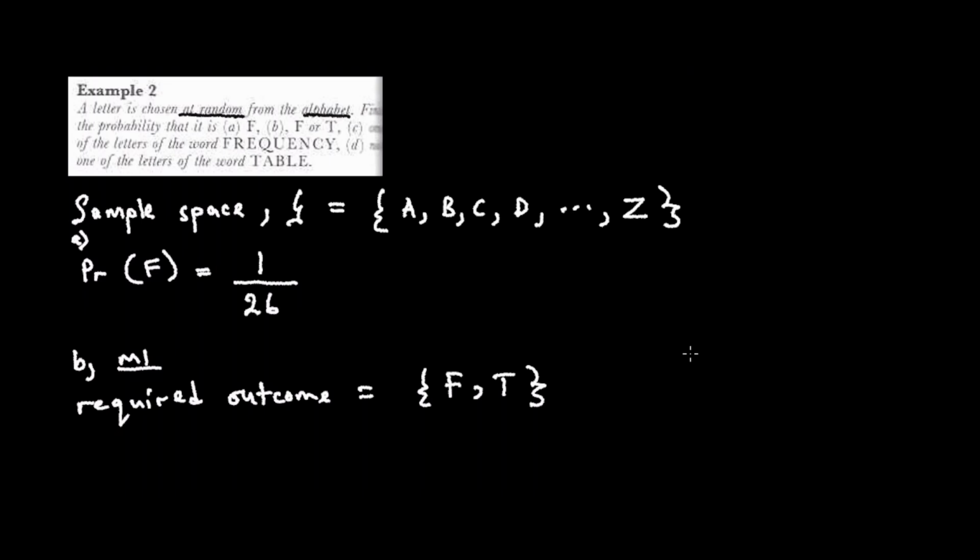Saka kana zvanzi our required set is going to be containing f na t, because these are the possibilities we require. F or t inoreva kuti we are either picking f kana kuti we are picking t, but hatisi kuziva kuti ndeipi yatichapika. Saka tinoisa zvese, all the possibilities inside our required outcome. Hazvirevi kuti tiri kuda both f na t, but tiri kuda only one between f na t,